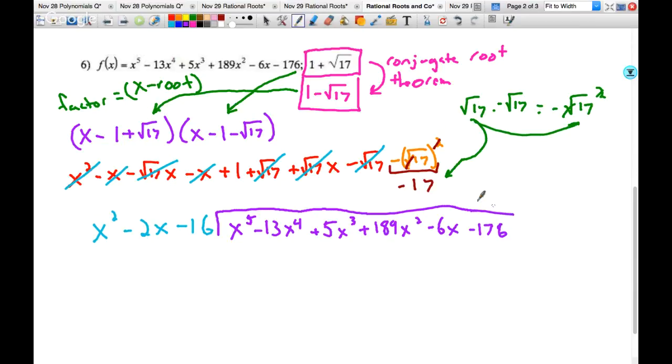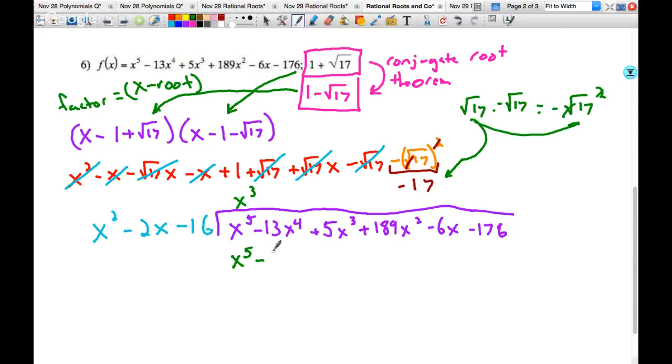All right, I ask myself, x squared times what equals x to the 5th? That's an x to the 3rd. Then I multiply that x to the 3rd to each of these 3 terms and then write it below my polynomial. X to the 5th